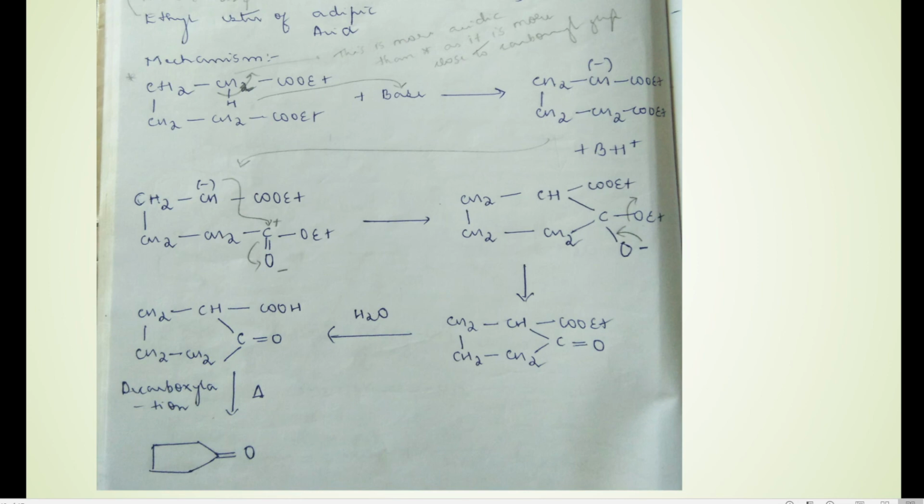Okay, so there is a carboxylic group that is formed here, and after that the last step is decarboxylation, that is removal of this carboxylic group, and the carboxylic group is replaced by one hydrogen, so that the valency of the carbon here will be 4. So 1, 2, 3 and one more hydrogen is added in place of COOH. So this is the final product that you get, which is cyclic in nature. So this is the mechanism of how this particular reaction proceeds.